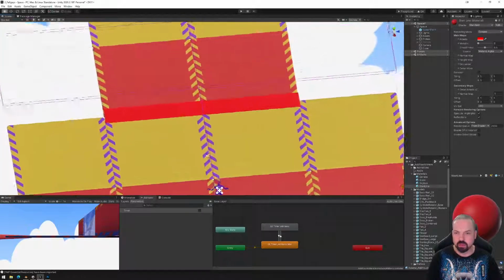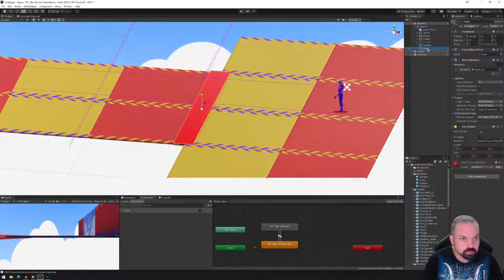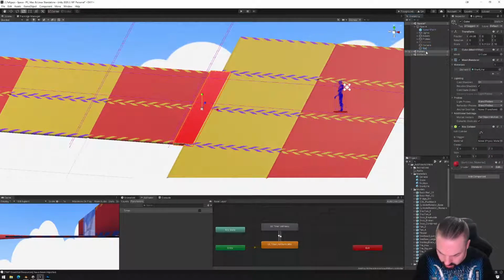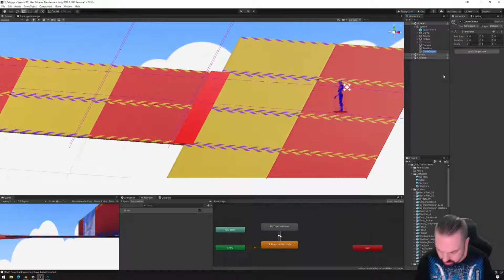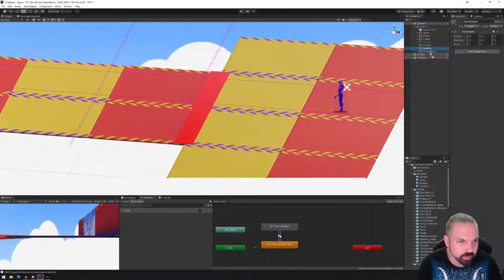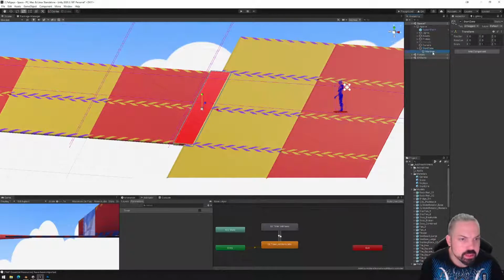That's fine for now, I think. Start line. Now I'm going to create an empty game object so I can control things a little bit more separately from other things. So start zone, start line,